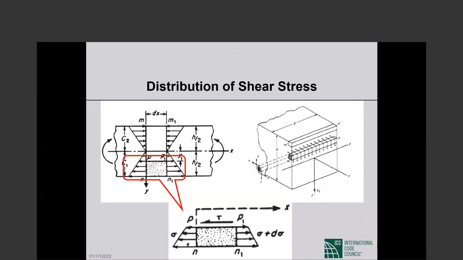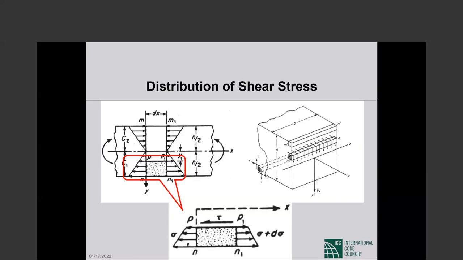Then I have taken a picture from the old textbook of Strength of Materials by Timoshenko and Young, which has been used around the world. And I would actually like to read a little bit out of my old copy, which I looked up in preparation for this course. We begin with the simplest case of a beam of rectangular cross-section and assume that V sub x